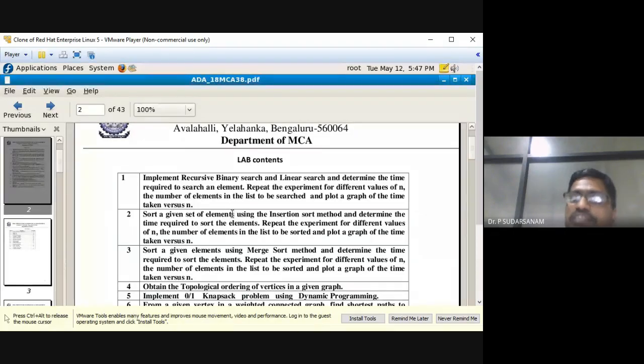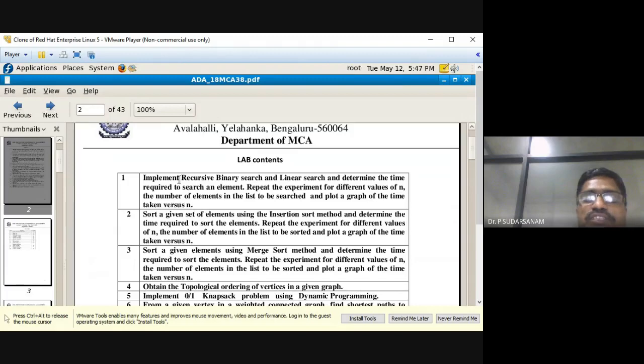Don't take 5 values, 10 values, 15 values. You give some lakhs: 1 lakh, 2 lakhs, 5 lakhs, 10 lakhs, 15 lakhs, something like that. You have to give more values, then only will you get the graph perfectly. That is what you have to do.